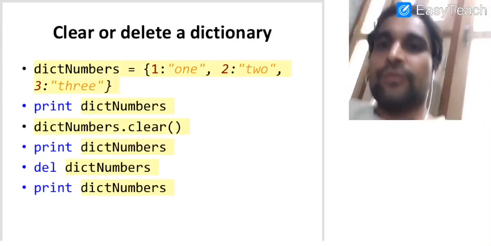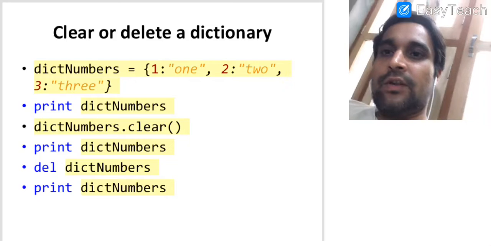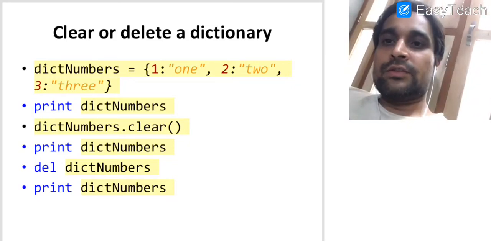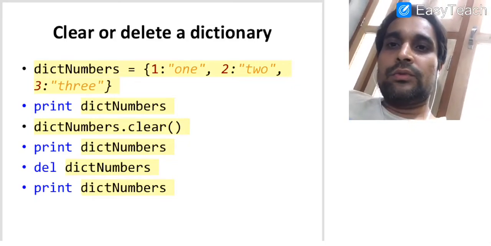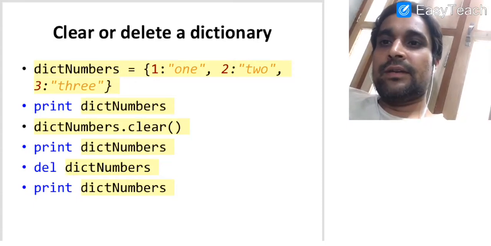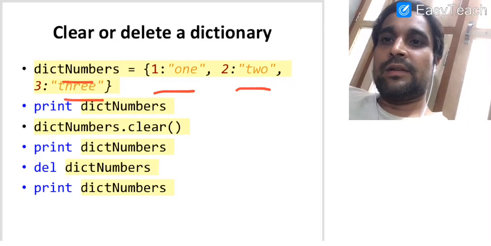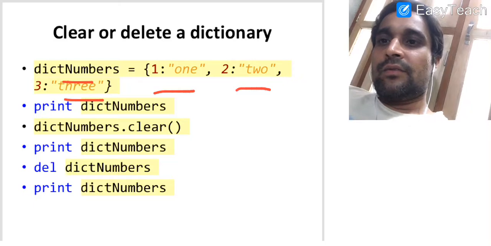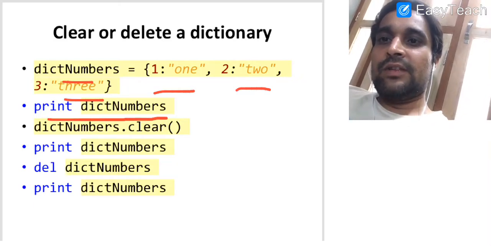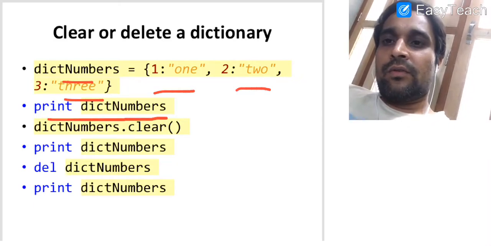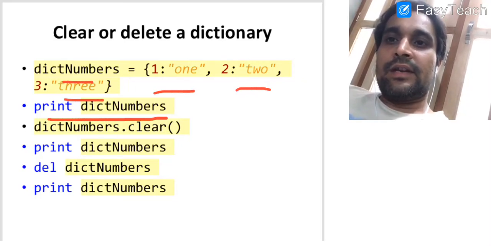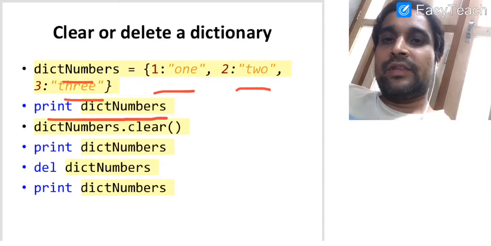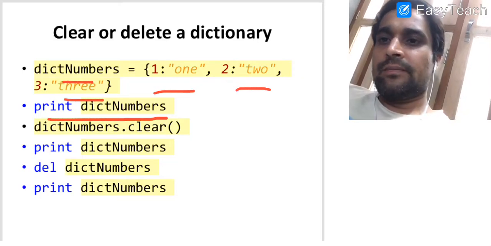So now here is one question for you. You are requested to stop the video and predict the output of this code, and then I will show you the result of this code. What we have done here, we have created a dictionary. This dictionary has three items available. These elements or items consist of their keys and values. Very first we are using a print statement with the name of the dictionary. So for the very first time what will happen, we will get the entire dictionary that consists of all these elements. They can be in the same order or in a different order.